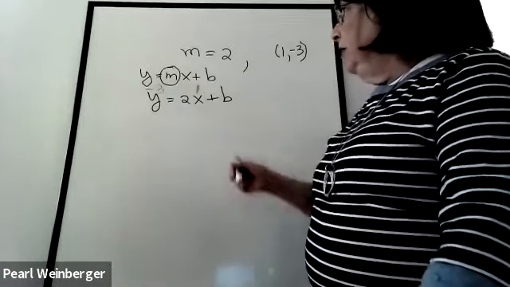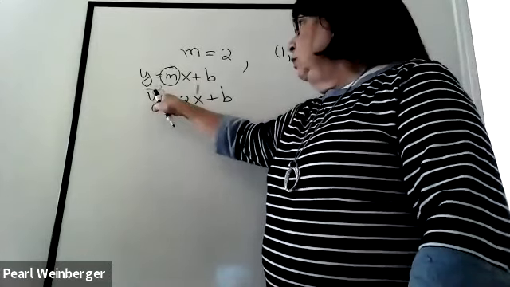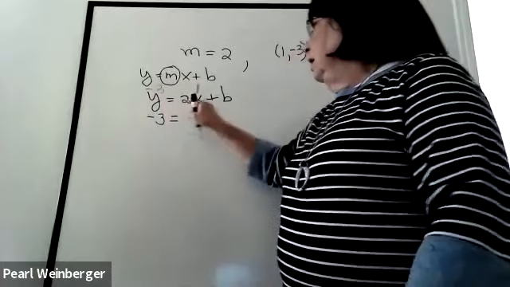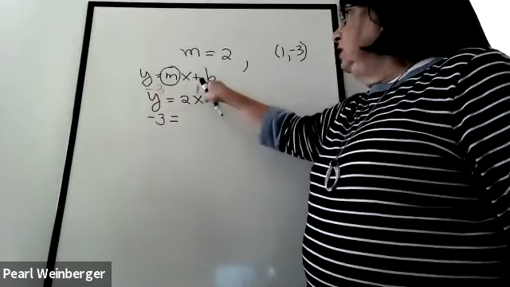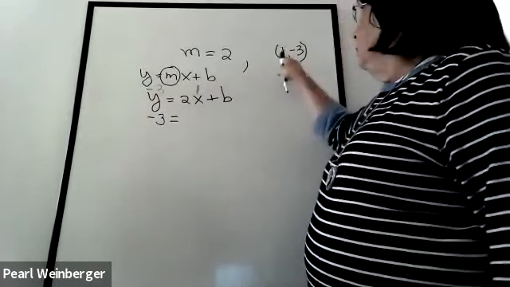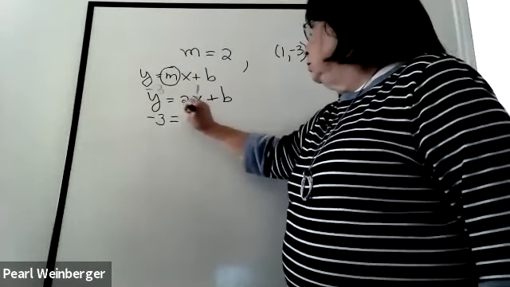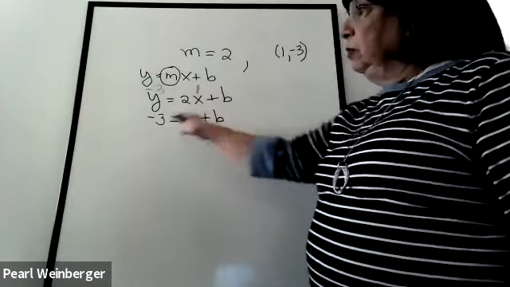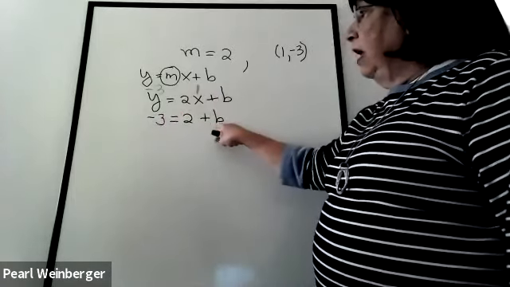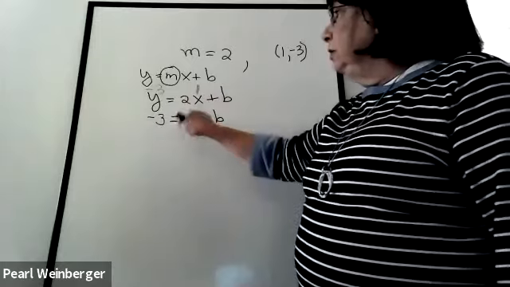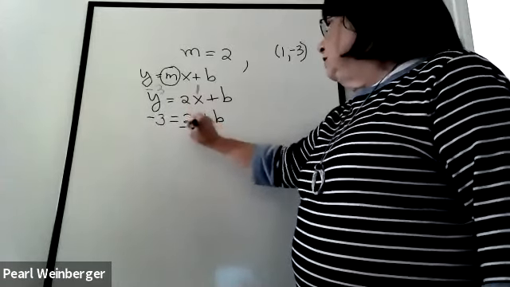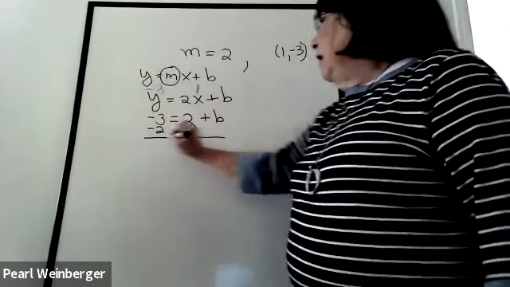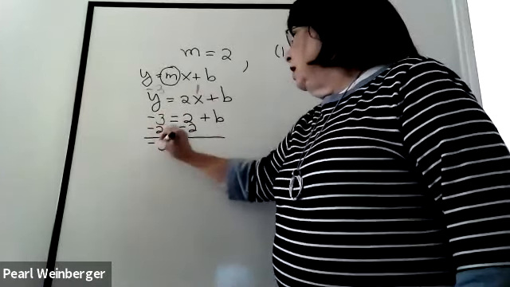So let's see how that works. I'm replacing y with negative 3, so this is going to give me negative 3. This is a 2 times the 1 because the x value is 1. So 2 times 1 is 2 plus b. Notice I'm left with a really simple equation that I can solve for b. All I have to do is bring this 2 to the other side. I'll subtract 2 from both sides. And this will give me negative 5